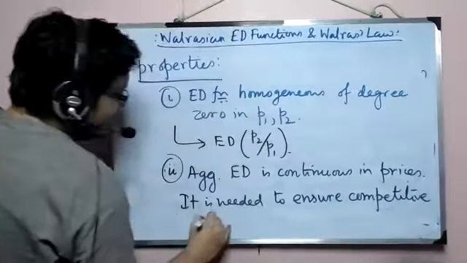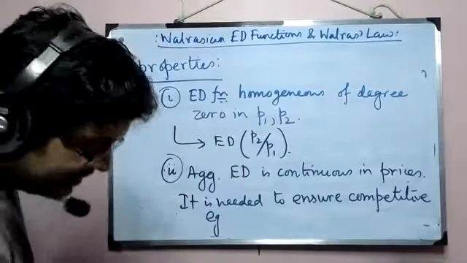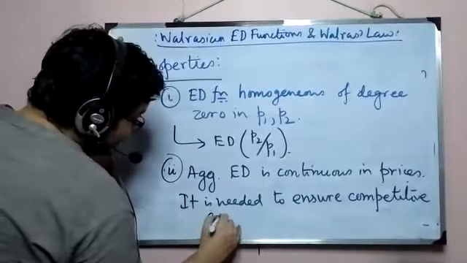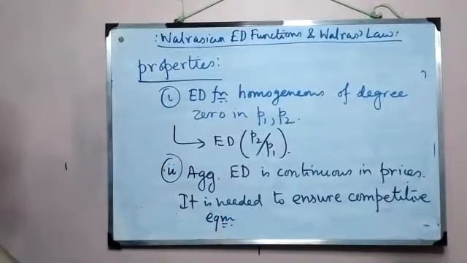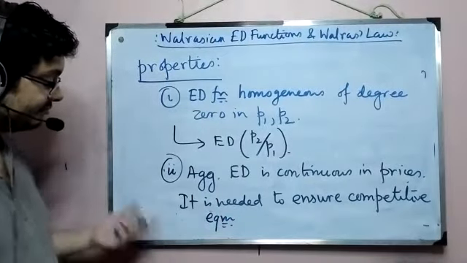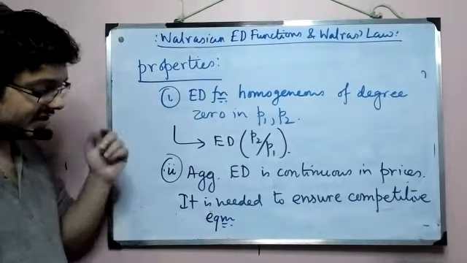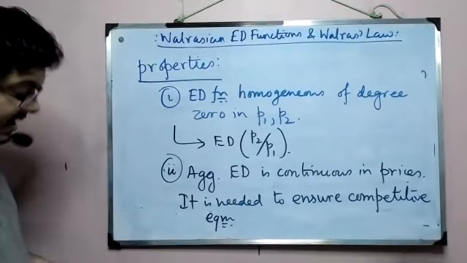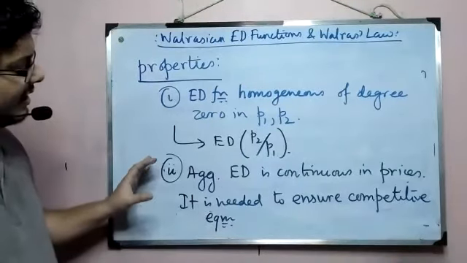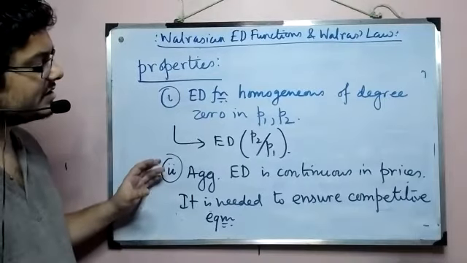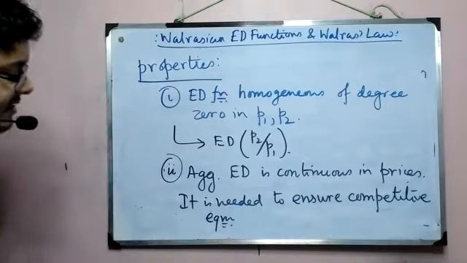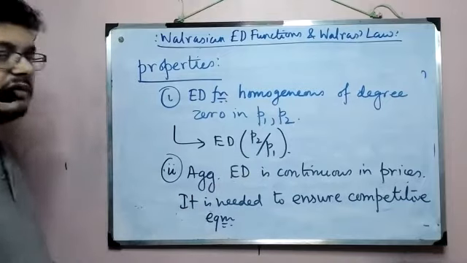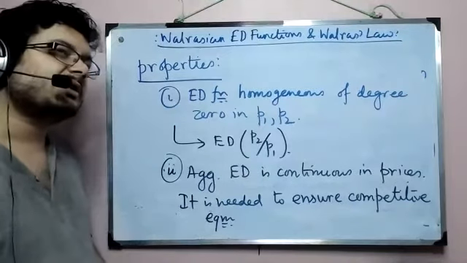Okay, so let's look at this second condition as a mathematical requirement, which it is. It is a purely mathematical requirement, but it is a requirement as well, that aggregate excess demand functions are continuous in prices. Now you can have another assumption which will serve the same purpose. Instead of saying that the aggregate excess demand function is continuous in prices, which is very mathematical,